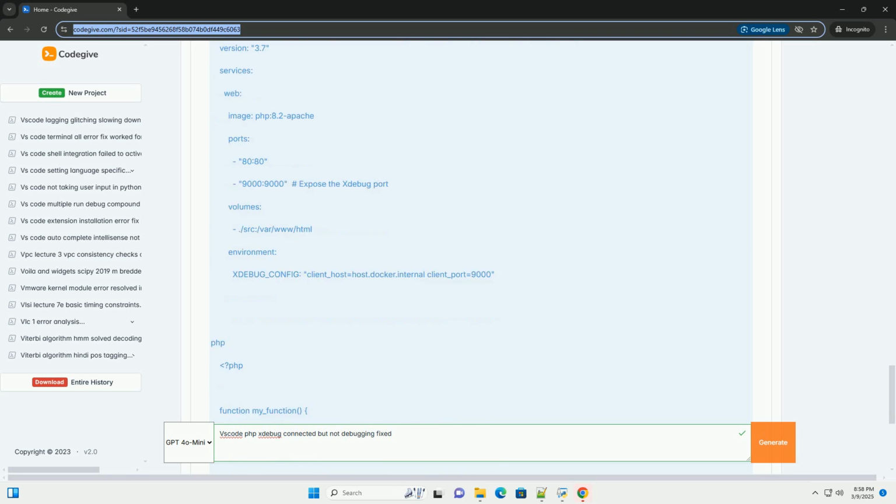Example: in this example, the division by 0 will cause a fatal error before the breakpoint is reached, preventing the debugger from stopping. For incorrect file permissions: the web server user, for example www-data on Linux, needs read access to the PHP files you're trying to debug. If the files have incorrect permissions, the server might not be able to execute them, and the debugger won't be triggered. Checking file permissions: